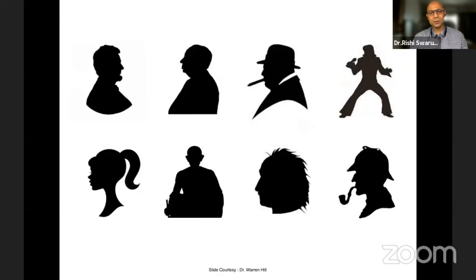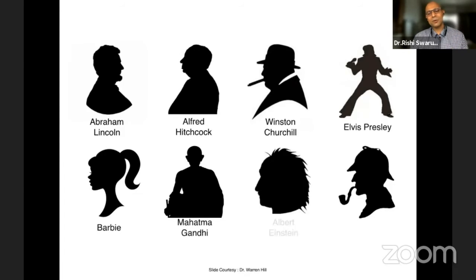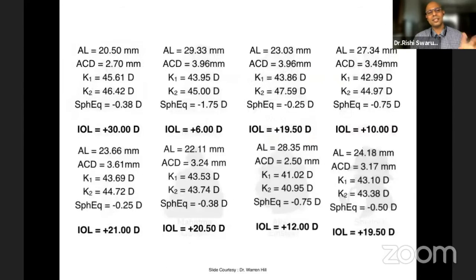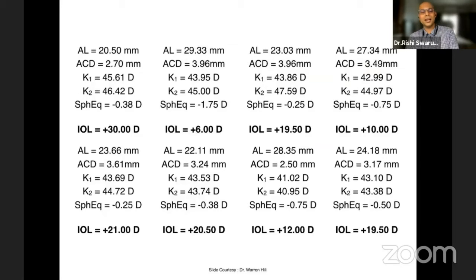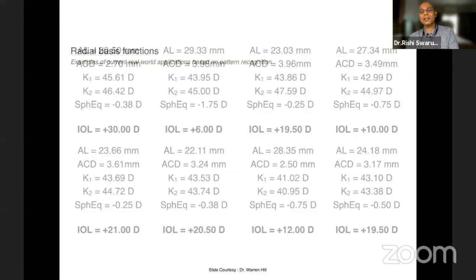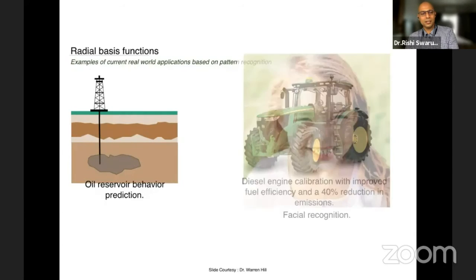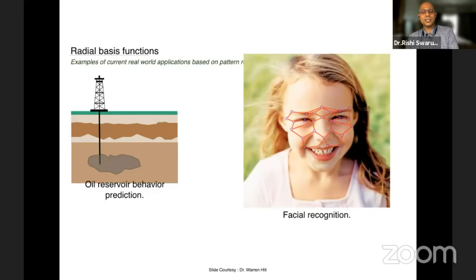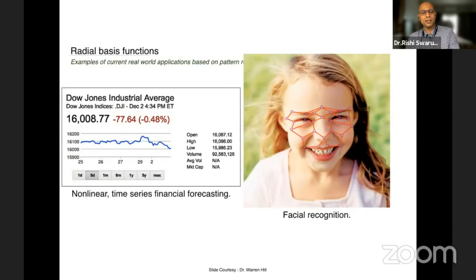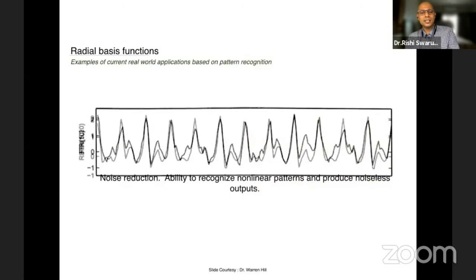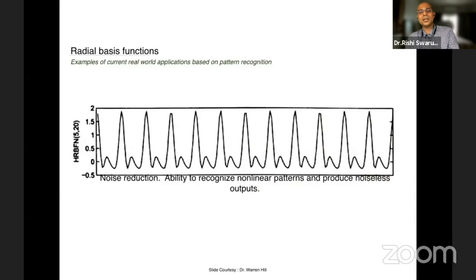medicine, etc. So you can see all these images. We know who these people are just by looking at the outline, even though you can't see their face, right? Just like that, if you have a data set available and you train the computer to identify that with this data set, this should be the ideal IOL power based on historical evidence, you can get a very accurate IOL power calculation. These applications are used in facial recognition on our modern day phones, fingerprint recognition technology, ECG recognition, etc. All these places, this is being used.